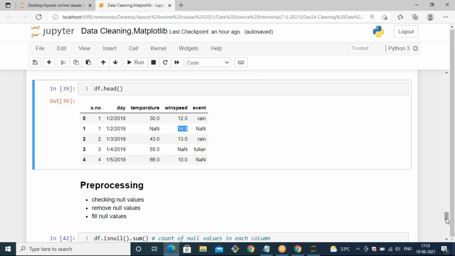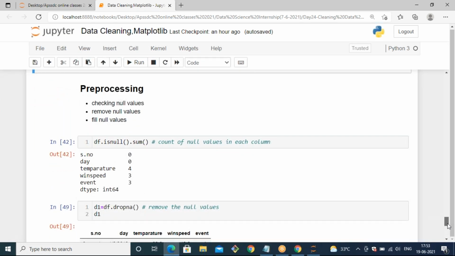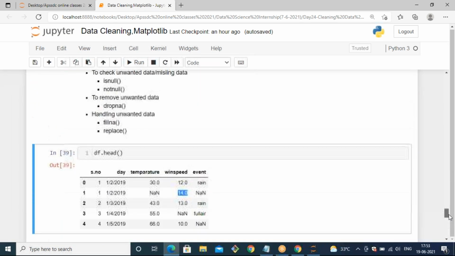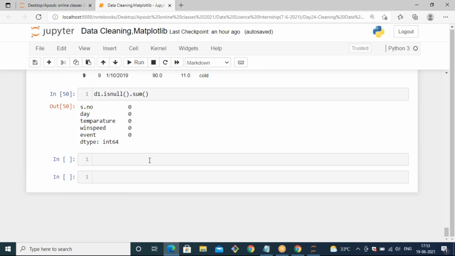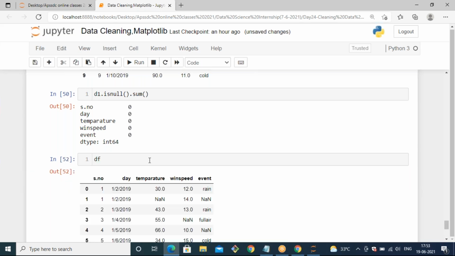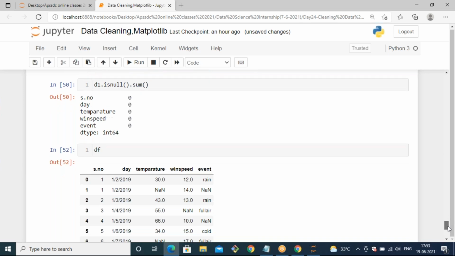So let's see how to do that. The method to fill any kind of null values is fillna. We have a data set like df, and inside df you can observe some none values.